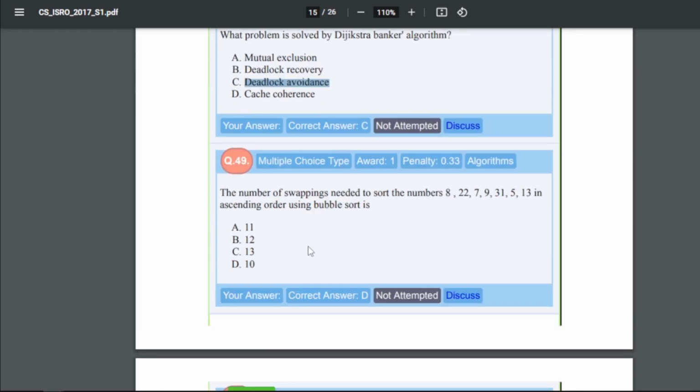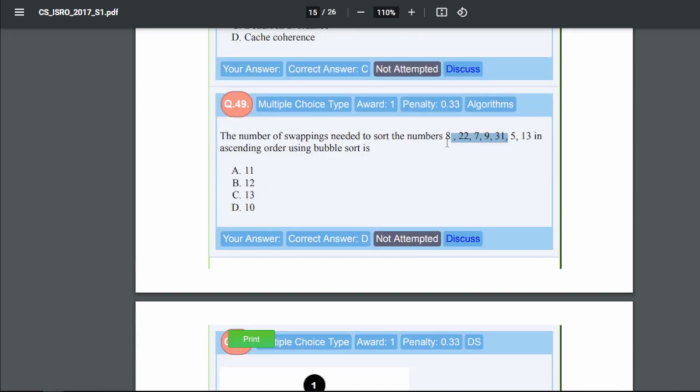Now 49 is the number of swaps needed to sort these numbers in ascending order using bubble sort, right? For bubble sort, how many swaps you will need here, right? So if you solve this, you will get 10 swaps that are minimum required. Like for first pass there will be 8, 7, 9, 20 for half portion, and for another portion there will be 5, 13, sorry, 5, 13, 31. Now if you run the second pass, then you will get 7, 8, 9 for the first portion, and for the another portion you will get 5, 13,